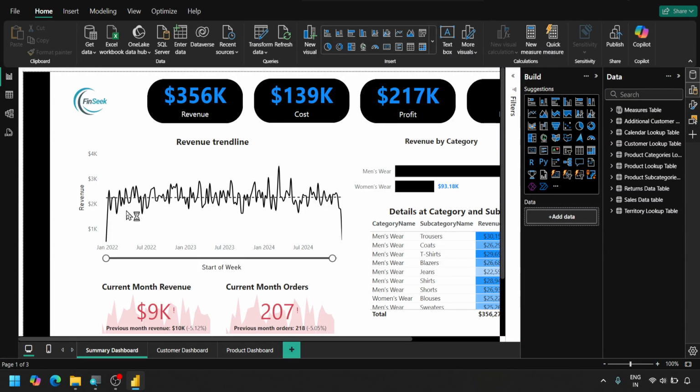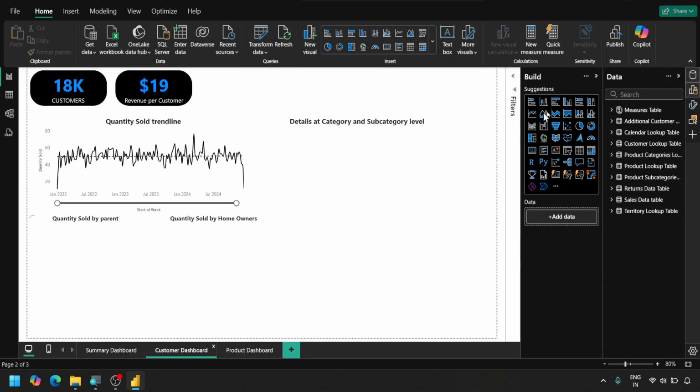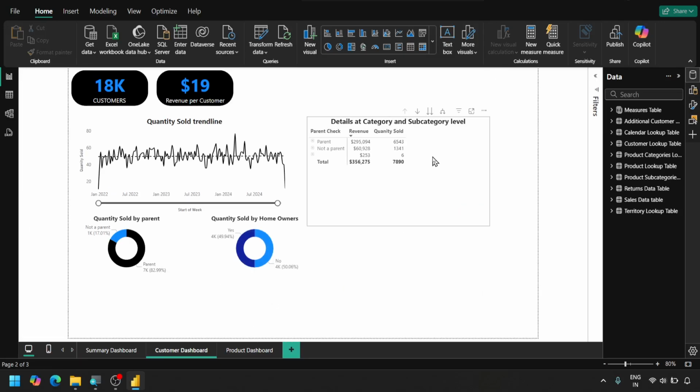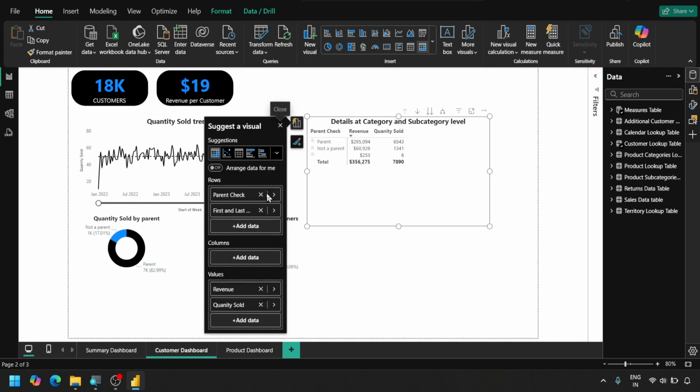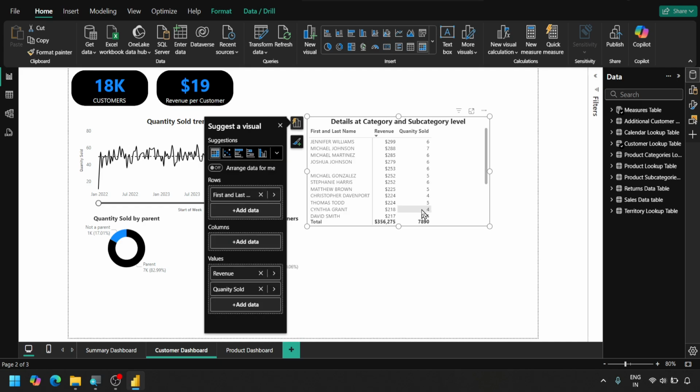Let's understand about our top N cards. For that, let's go to our customer dashboard. Inside our customer dashboard, we have created this category of parent and not a parent, and let's remove those categories first and start to create our top N cards. So we select here and let's remove the parent check from here, and we are having all our customers, and